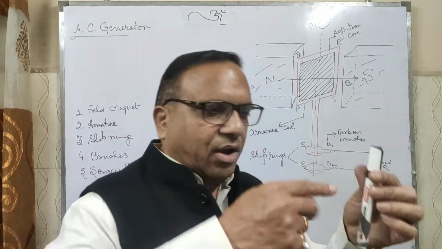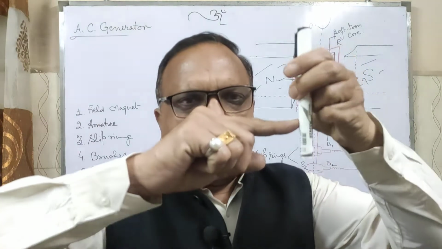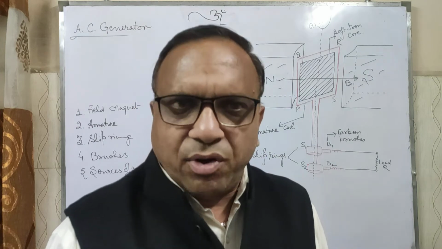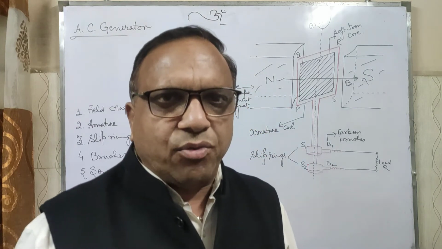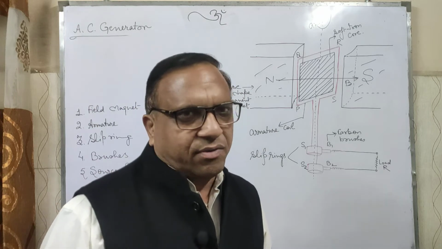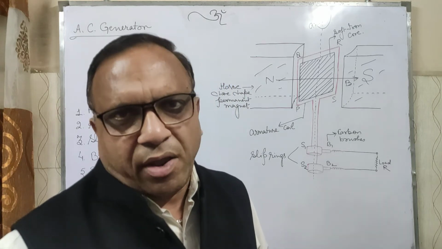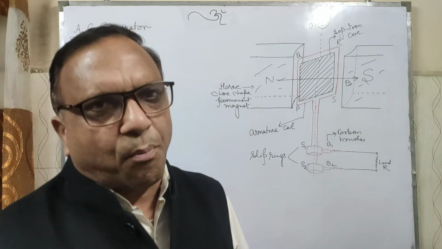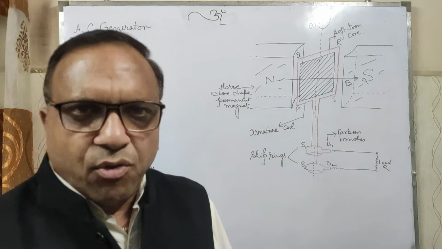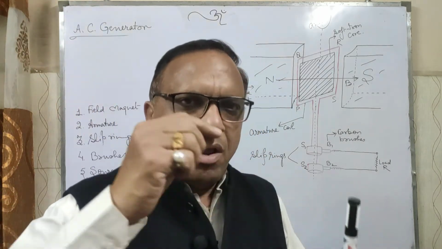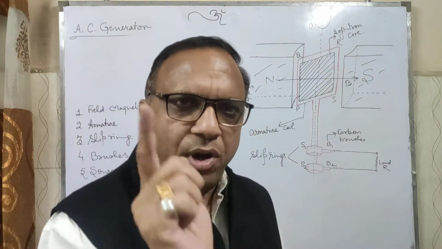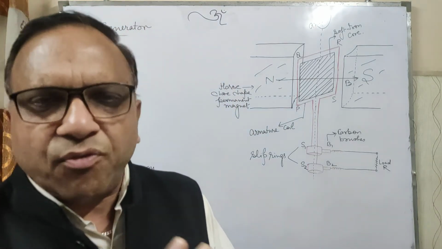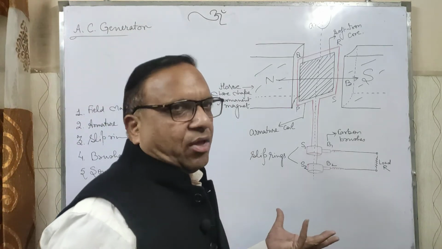Now the question arises, why do we use carbon brushes? See, when it is tightly attached, just like this, and it rotates, due to friction heat will generate. So we require a lubricant. We can't use any petroleum lubricant, grease, etc. It can catch fire. So because of this we can't use copper brushes or any metal. We use carbon brushes because when in contact, they emit small particles which rotate along with the brushes and work as a lubricant, reducing friction and avoiding catching fire.